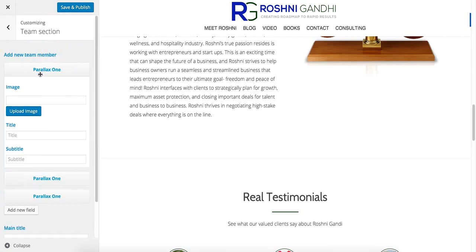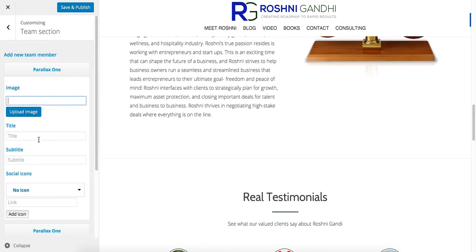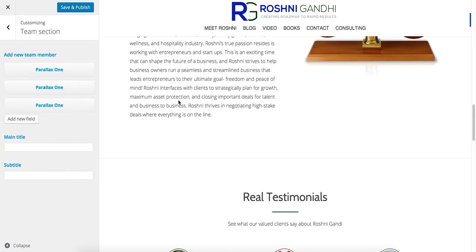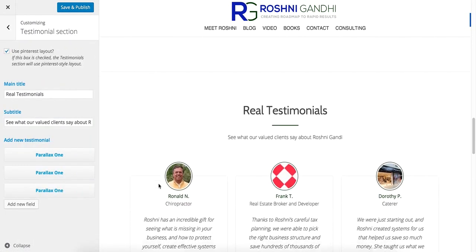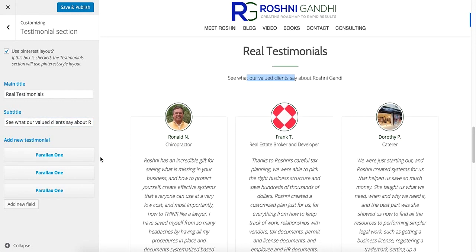Team section, I have removed that. I have removed the image, title and subtitle. So if you would like to change or add team members in future, you can do this by adding the information here. In the testimonial section, you can add title here, the subtitle which is this one, and some images